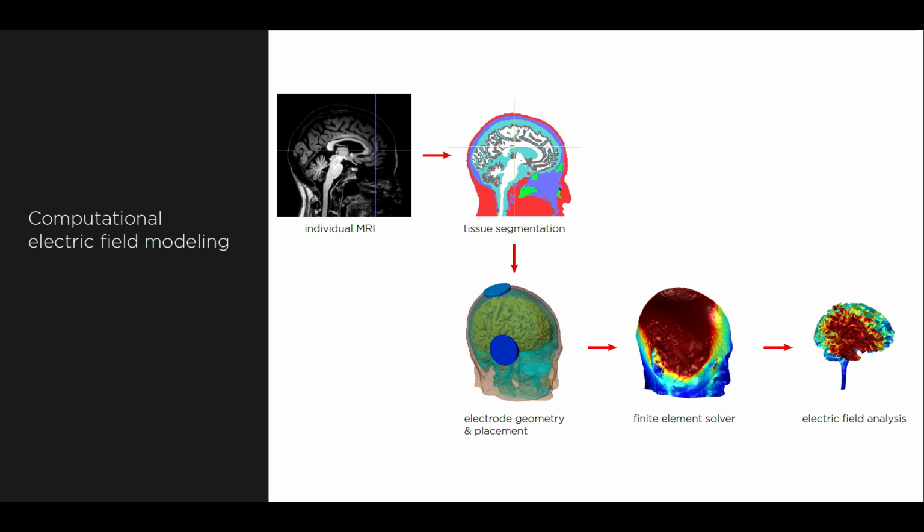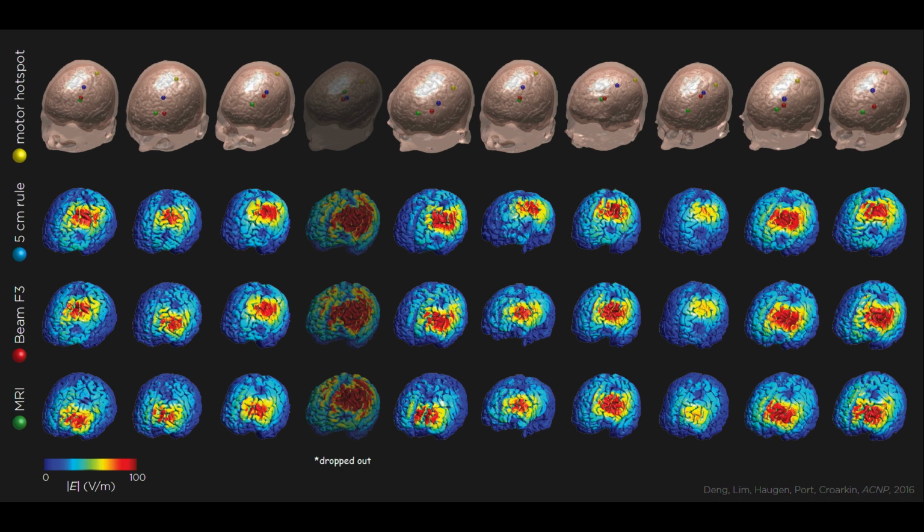With this technique, you can perform region of interest analysis and quantify maximum electric field at various parts of the brain and compare different strategies for dosing. We have done so in some adolescent depressed patients. This is the data set obtained from the Mayo Clinic in the lab of Paul Croak, and in 10 adolescent